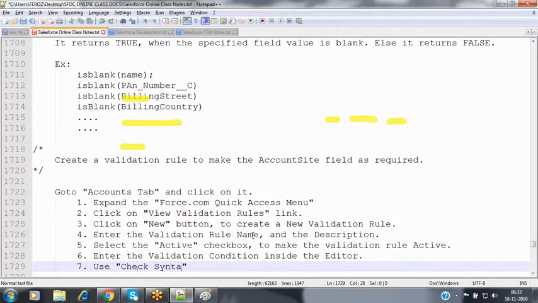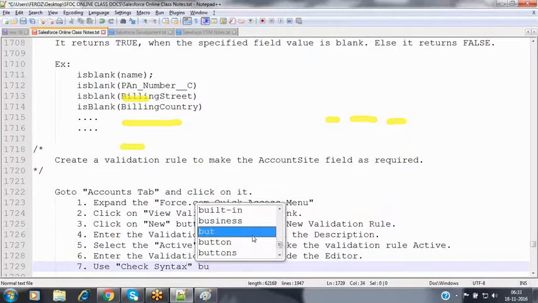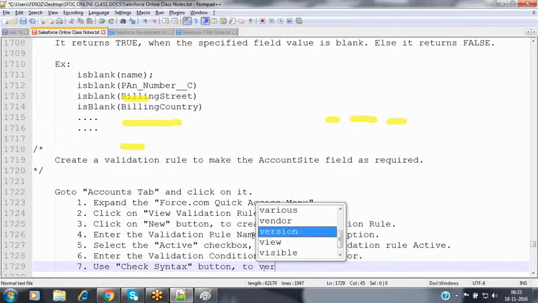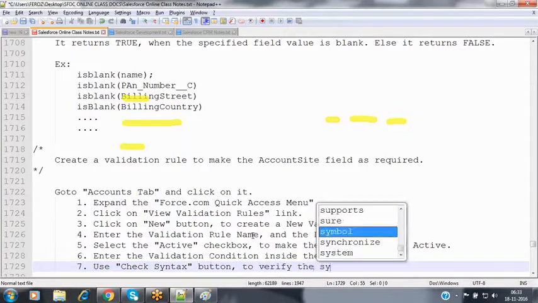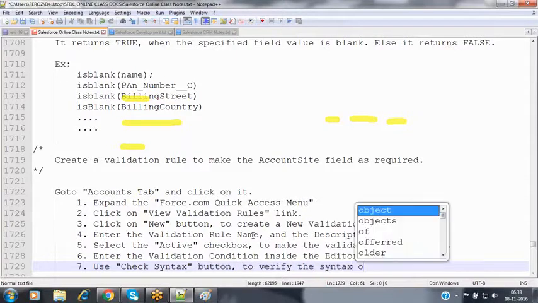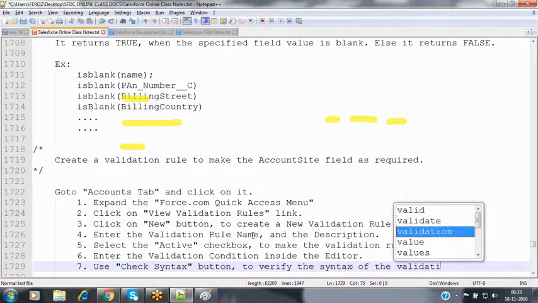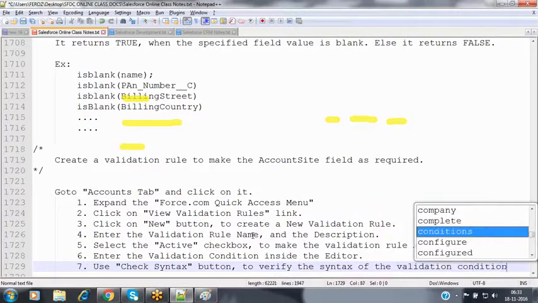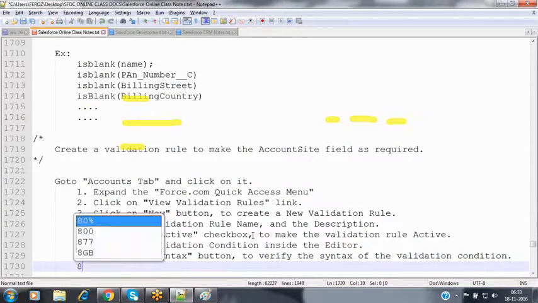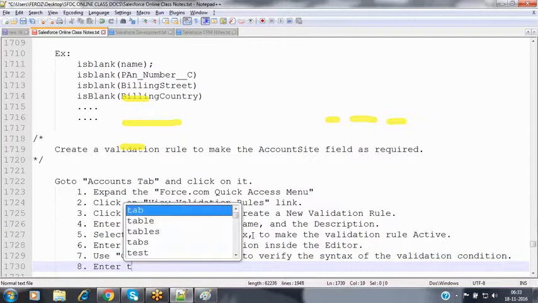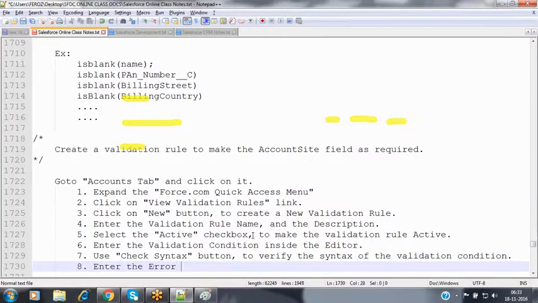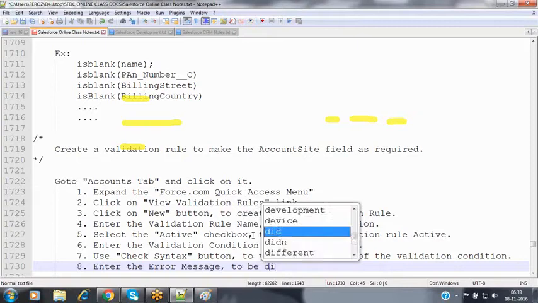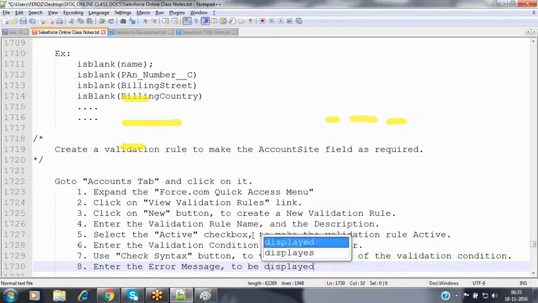Use the check syntax button to verify the syntax of the validation condition. And enter the error message to be displayed upon validation fails.